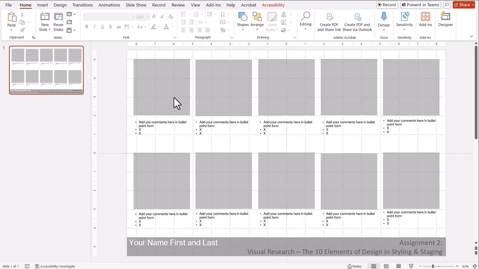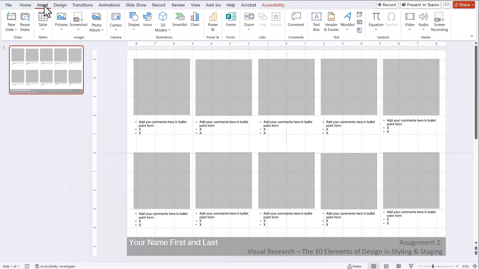You are going to be researching and looking up images for 10 of our design elements. So I've given you 5 boxes across, and each box is about 3 by 3. So you are going to look up a design element and you are going to save them on your computer, either on the desktop or you have a file folder. And so once you're in the